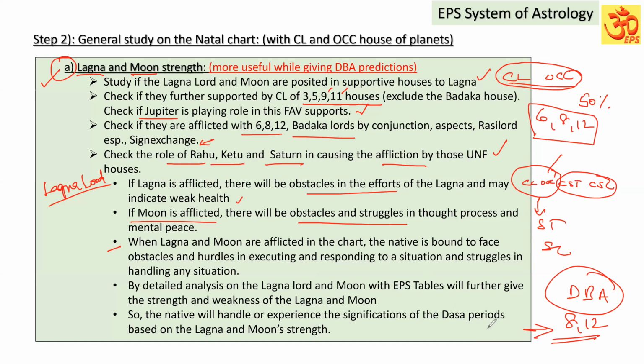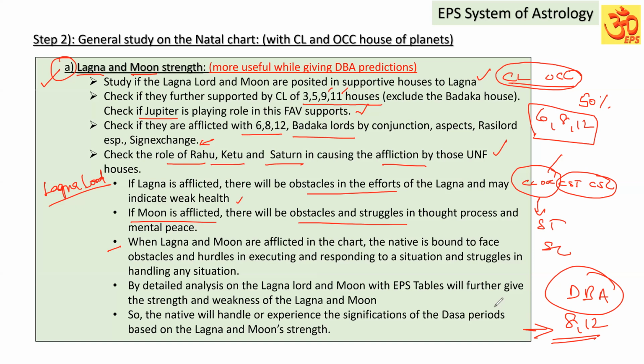What will happen? Moon is always in dilemma, in stress, and not able to take decisions. Small things also will be taken in the worst manner. Because of that Moon, the thought process and mind are not in peace. So even the small problems the Dasa periods are indicating, the Moon will take seriously. That is the reason whenever we are going to give predictions for any chart, especially when you are going to give unfavorable predictions because of the chart or the Dasa period, if you feel that the native is going to face a lot of problems, when you check these things,